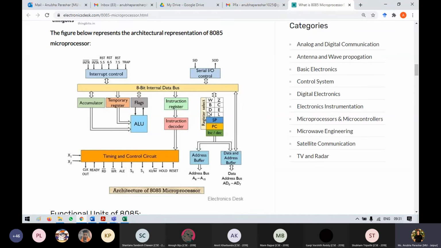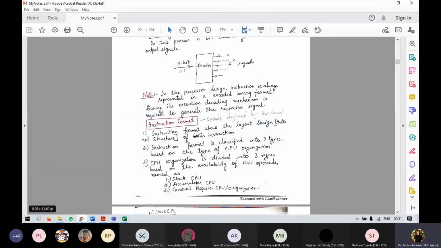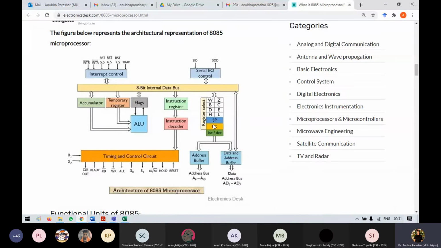These are the general purpose registers, right, in the memory, or it could be in a temporary register, right? So these are the possibilities, and yes, the stack is here. This is the stack pointer, which is pointing to the memory in the stack. So it could be any memory, let's say a temporary register, or if you are using RAM.